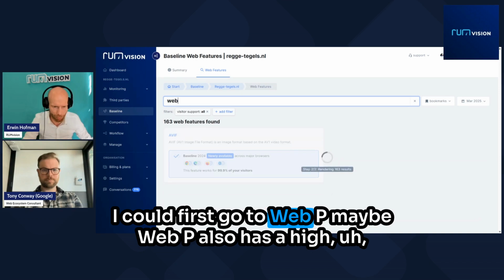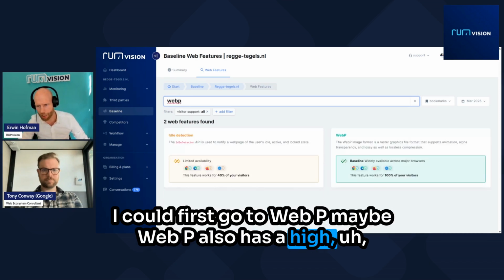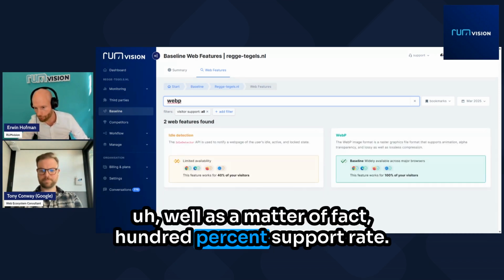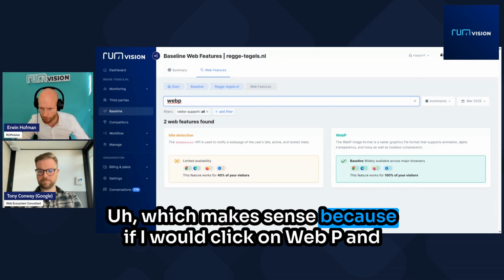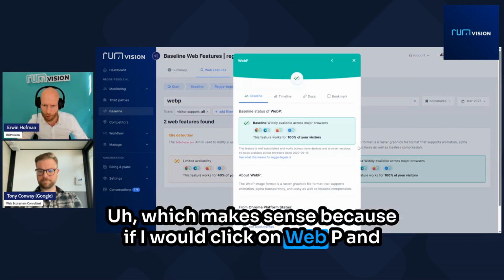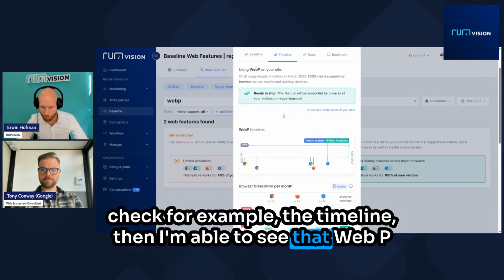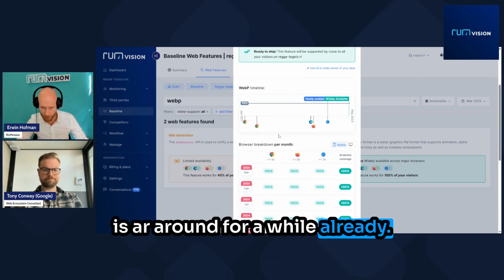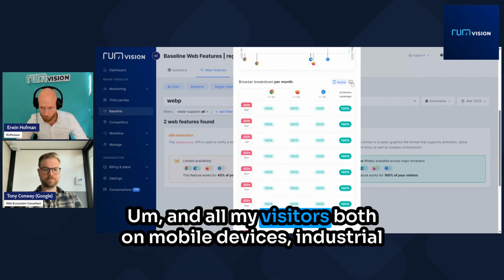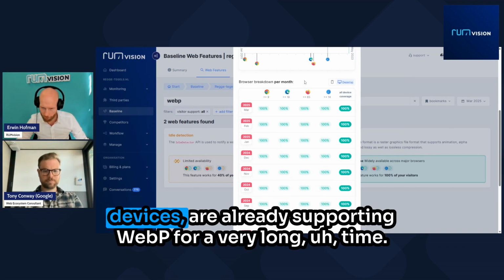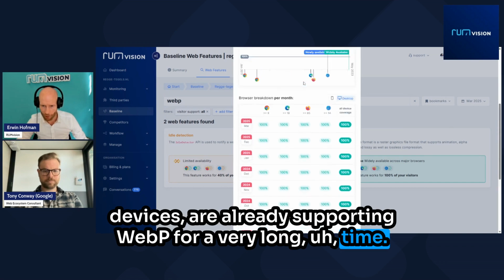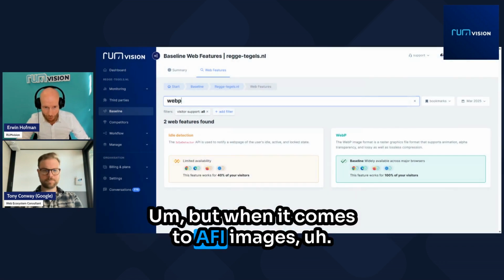I could first go to WebP maybe. WebP also has a high, well, as a matter of fact, 100% support rate, which makes sense because if I would click on WebP and check, for example, the timeline, then I'm able to see that WebP is around for a while already. And all my visitors, both on mobile devices and desktop devices, are already supporting WebP for a very long time. But when it comes to AVIF images,